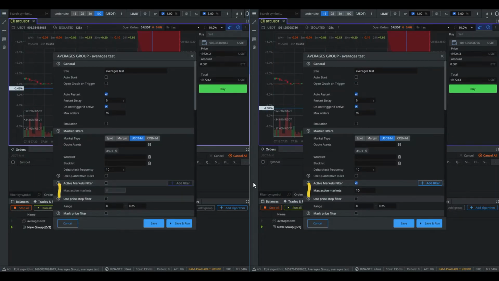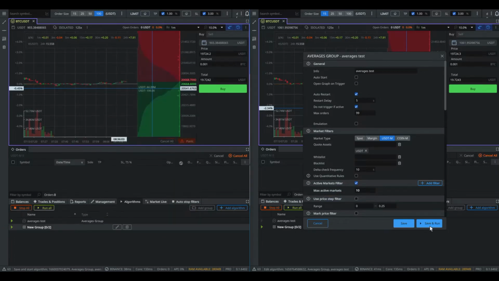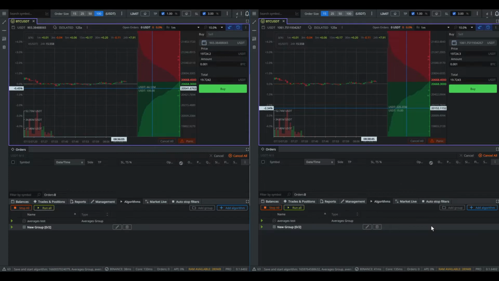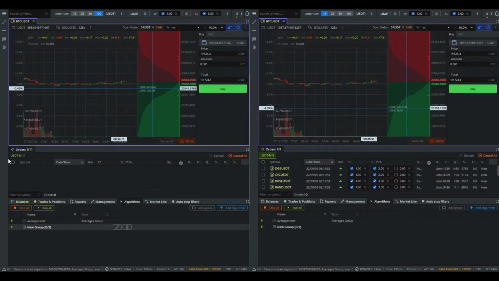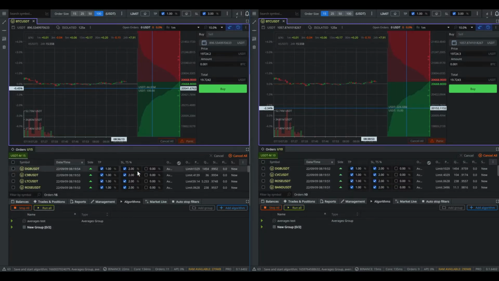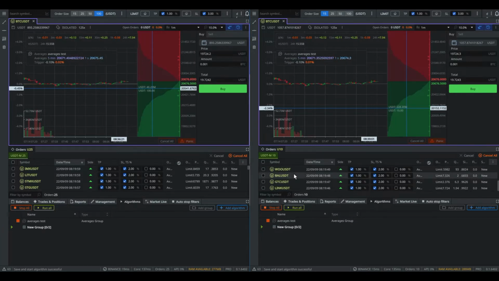Max active markets limits the number of markets on which we can place our orders according to a particular algorithm. The algorithm on the right is limited to 10 markets and there are no restrictions on the left. As we see, on the right there are 10 orders as we have specified, and on the left orders continue